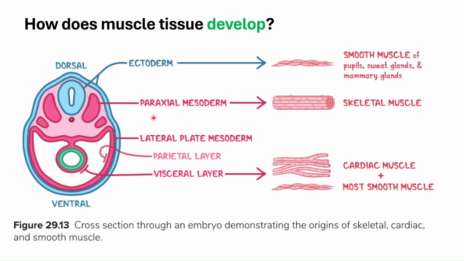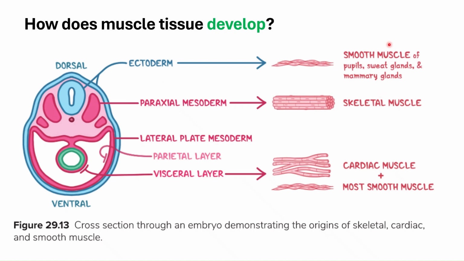Okay? And cardiac and most of your smooth muscles will also come from your mesoderm, but a very specific subdivision. So this would be from the lateral plate mesoderm, specifically parietal or visceral, depending on where the specific smooth muscle tissue is found. So depending on which organ, okay? But usually, most smooth muscle will be found in your tubular or hollow organs, except for the heart, which is technically also a hollow organ. But this time, the heart would have a very special type of muscle, your cardiac muscle, which builds most of the cardiac wall, or if not most, all of the cardiac wall.